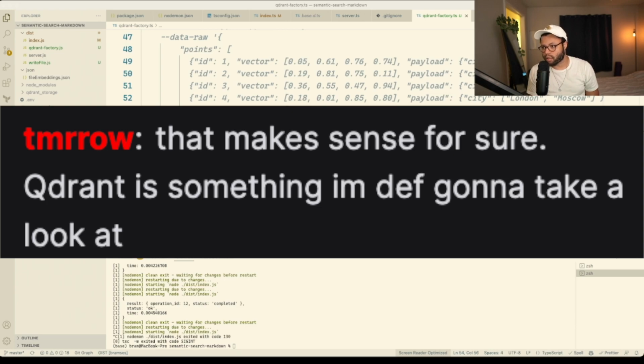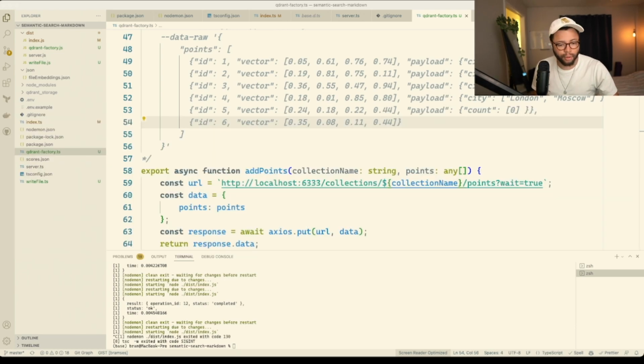That makes sense. QDrant is something that I'm definitely going to take a look at. Yeah, it looks pretty good. I don't have too strong an opinion one way or another. I will say, if you are just getting into the vector embedding space, Text AI is a pretty good library. I really like the thought process behind what the leadership did at Text AI. So if you're looking for a very solid, reliable vector library to just input vectors,